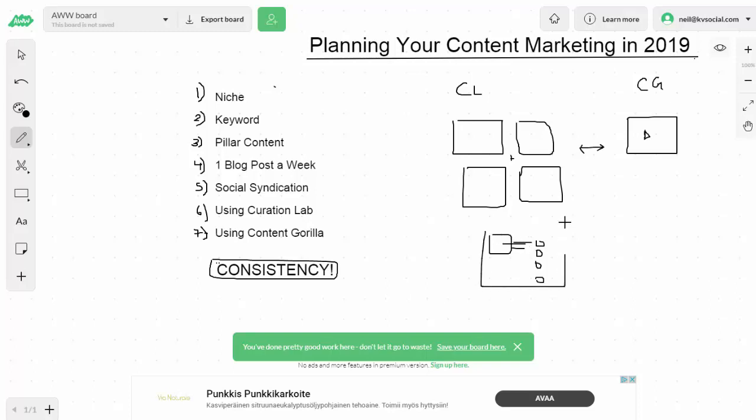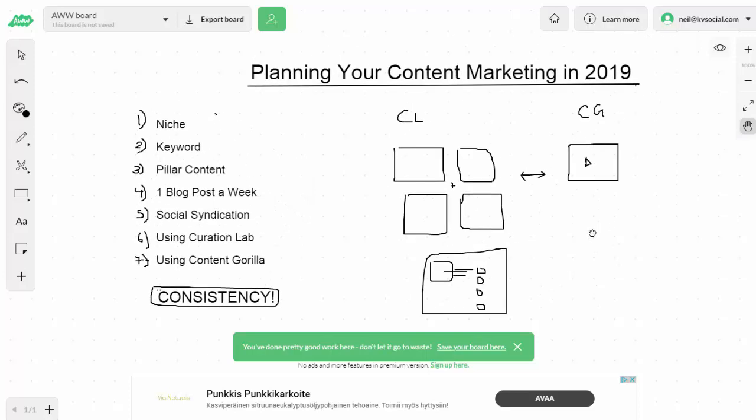We've been able to follow the same concepts, and again, this is a technical term, but we've been able to get our domain authority to as high as 60 plus by doing that. So bear that in mind, execute this, and I can promise you that this content marketing method works. It is focused on doing more and more, but as I just showed you, every couple of weeks, not every week, you can grab content from either Content Gorilla or Curation Lab or both, and you can make your life much, much easier.